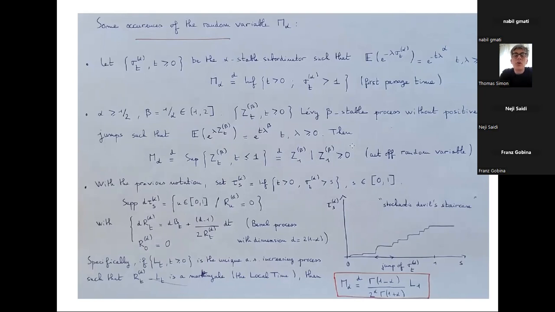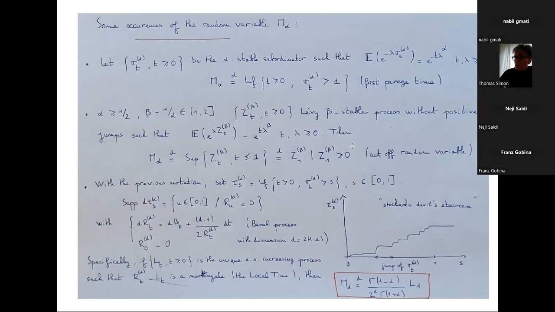So this is a cutoff random variable. You just look at the positive part of the density, the restriction of the density on R+. This was known by the Russian school in the 50s. I think this was first proved by Skorohod at the end of the 1950s.